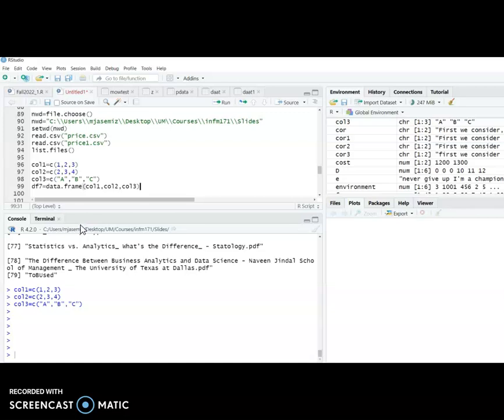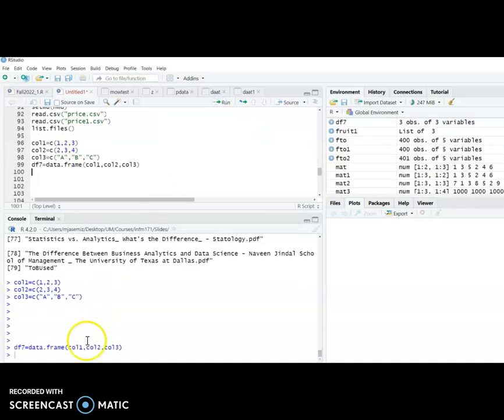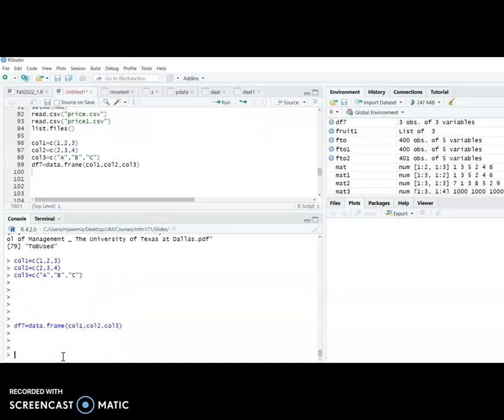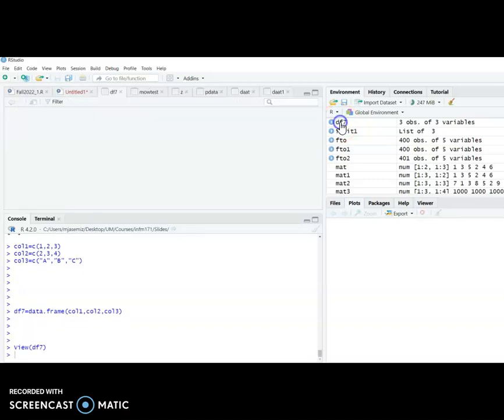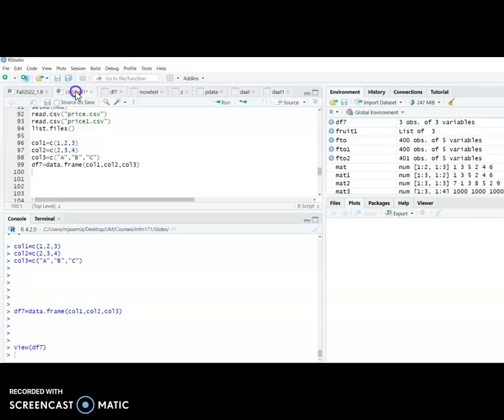Now I created a data frame through code here. And now you can see it, and it is df7, and it is the shape of it, 3 rows and 3 columns, and you see I have put these names for them. But now let's go for the main part that we have, that is